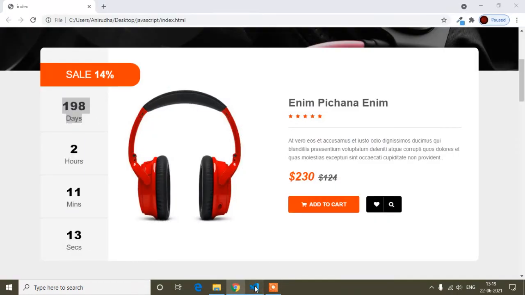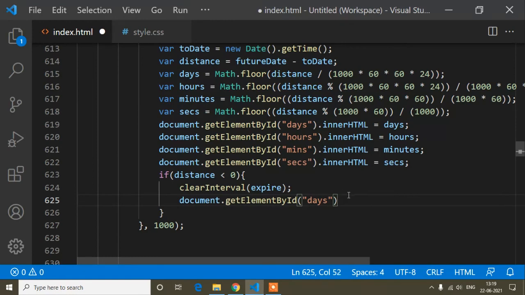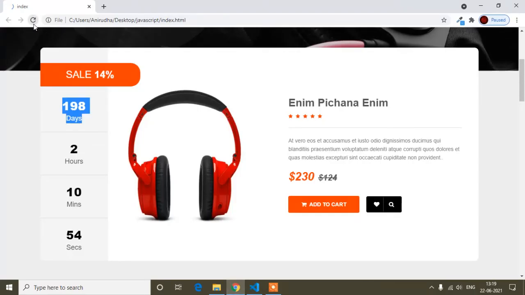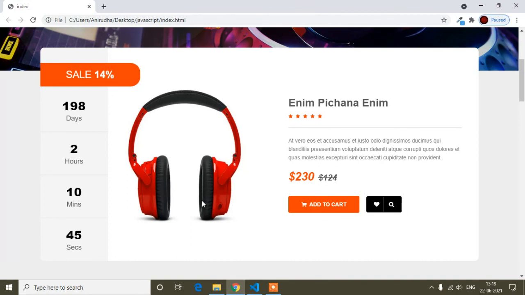In this days id you can write innerHTML equals to offer is expired. It's a very simple thing, you just have to understand the calculation. Now if I refresh this, when the offer ends, you will find it finished. Here I will show you how it looks.